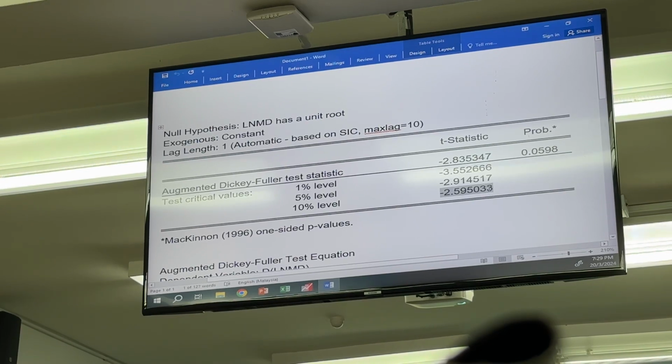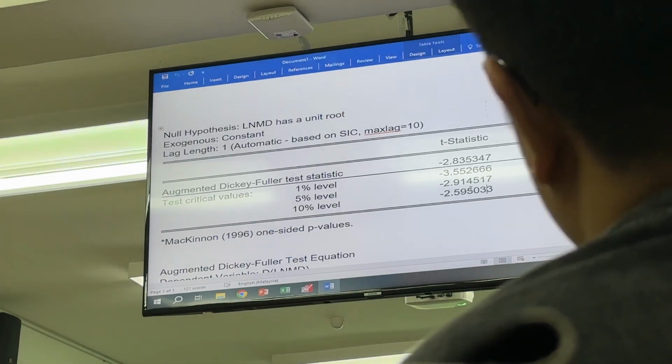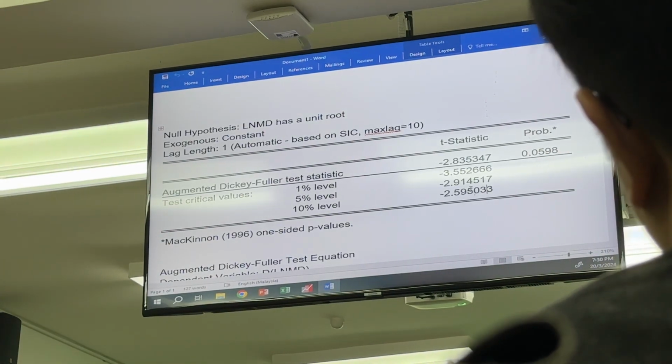So the test statistic is significant at 10%. If the question asks whether the test statistic is significant at 5%, no. In that condition, the series is actually non-stationary at 5%, but it is stationary at 10%. This is how we draw the conclusion by comparing with the critical values. Since it may be your first time doing the comparison, perhaps you can draw it like this. If I ask whether the test statistic is significant at 5% or not,